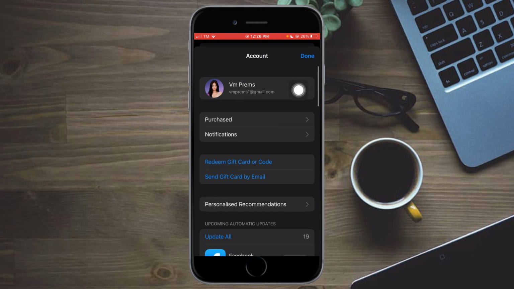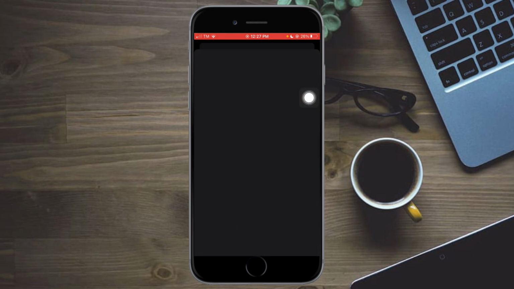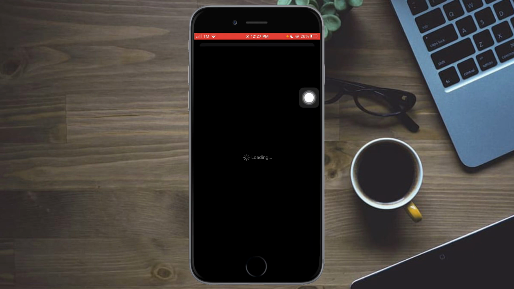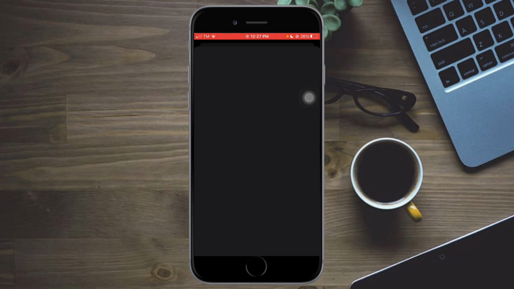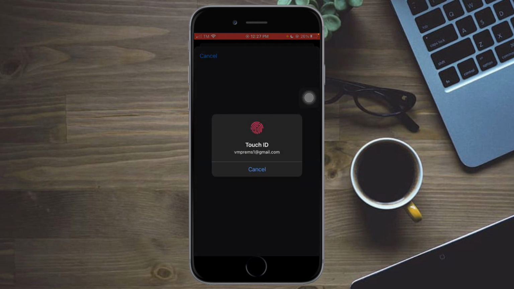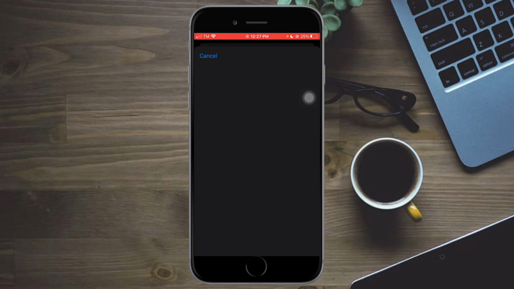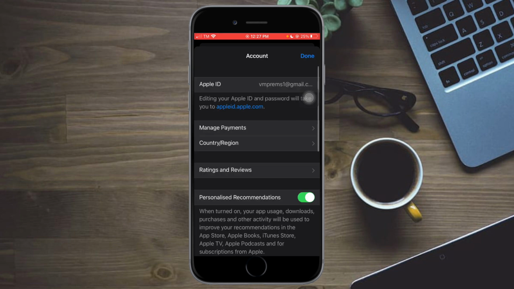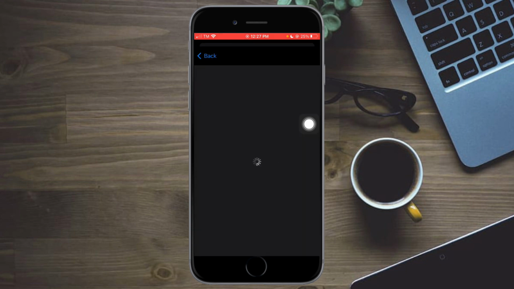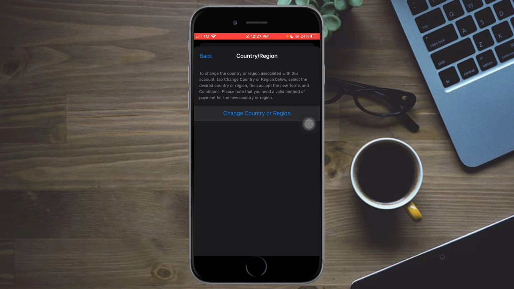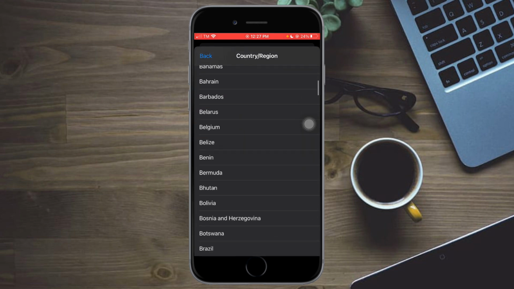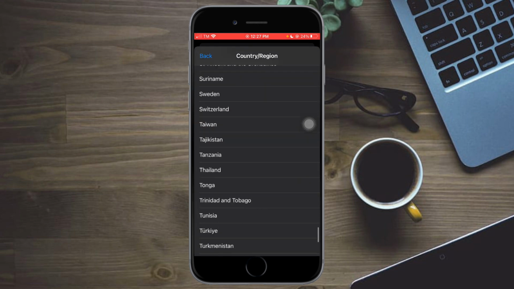So what you need to do is to just click on your account right here, and you should be able to head over to your account, which is the iCloud account that you have. So you can just verify your account, and from in there it will load for a while, and you can see this country region. So just click on this country and region, and from in there it will load again. So just click on change country or region right here, and you can choose United States since Threads is available in the United States. So just click on that,